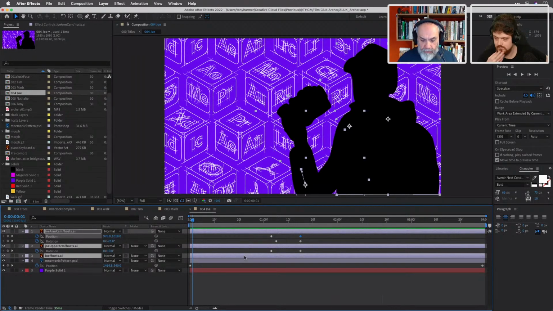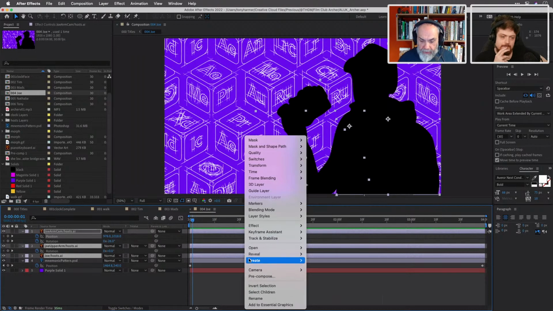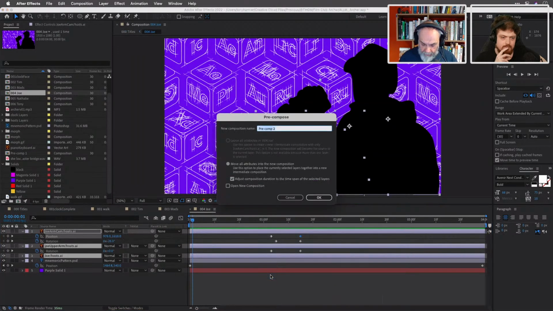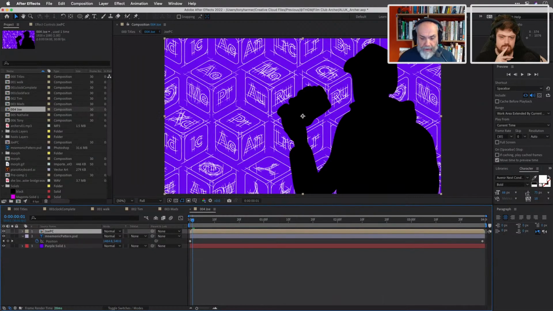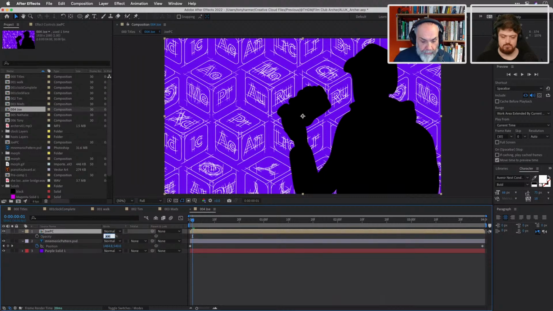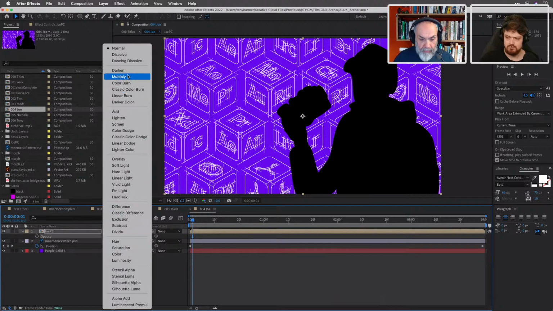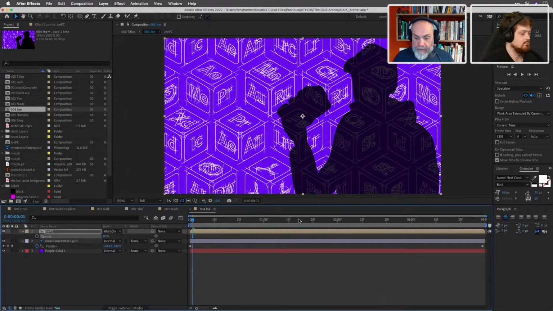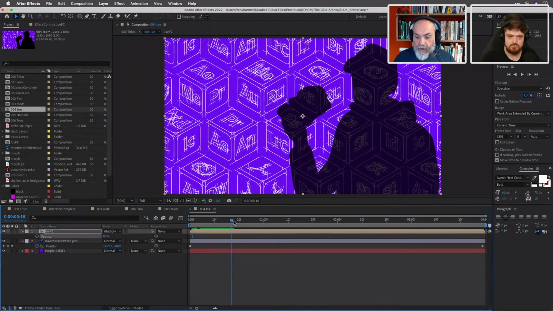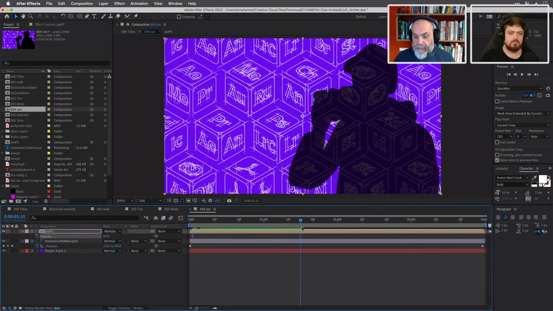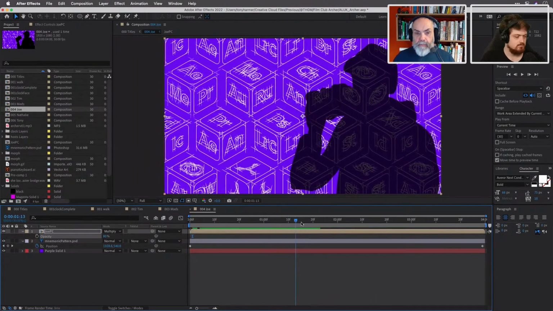I've selected those three items and I'm going to right click and choose the pre-compose command. I'm just going to call that Joe PC for pre-comp. So now I can change the blending mode of that pre-comp to 80%, with the blend mode of multiply. And so now the illusion is preserved because it's treated as if it's one object.